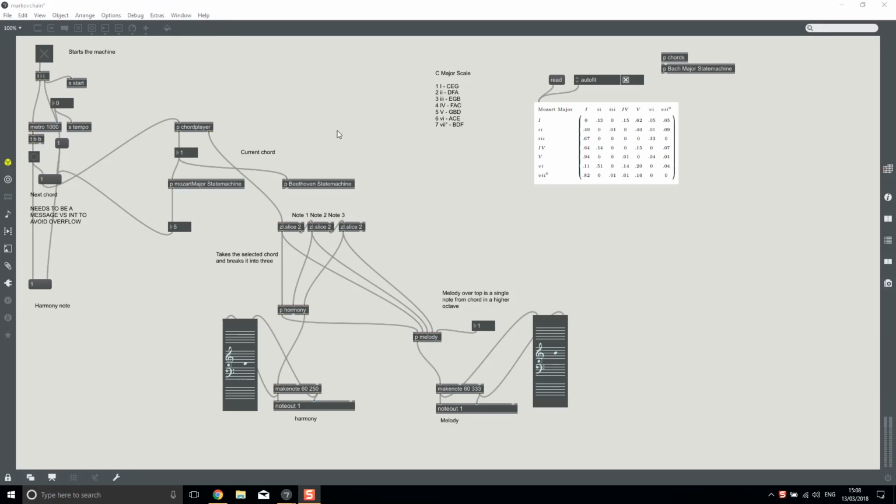Today we are making a music machine inside Max. We are going to take some really basic music theory and turn it into a machine that automatically makes music for us. This is a more complex example in front of us, but an example of what you can achieve. So if we start the machine,